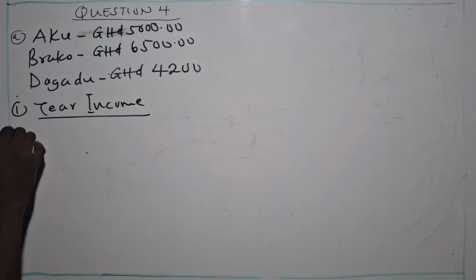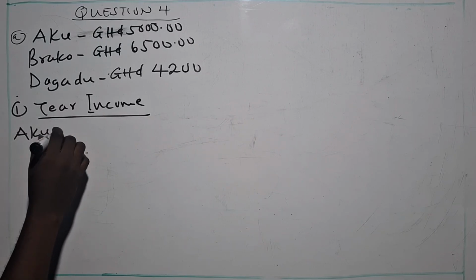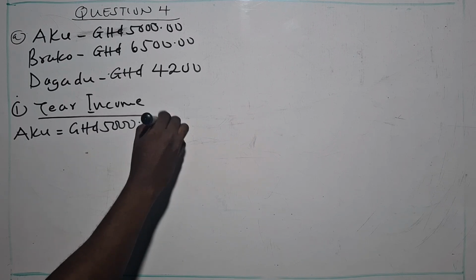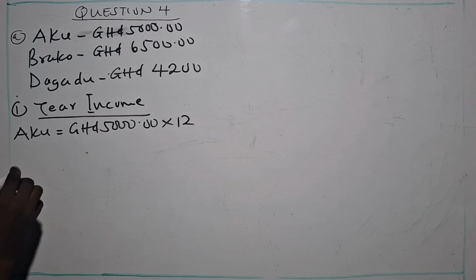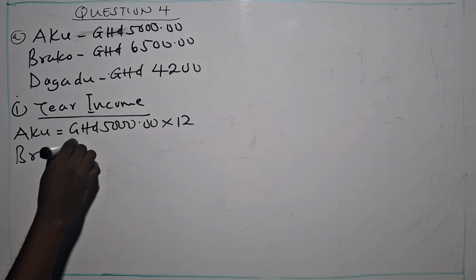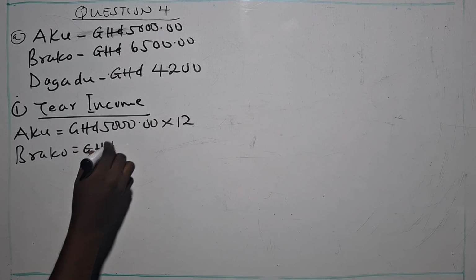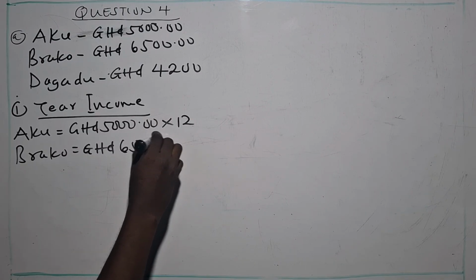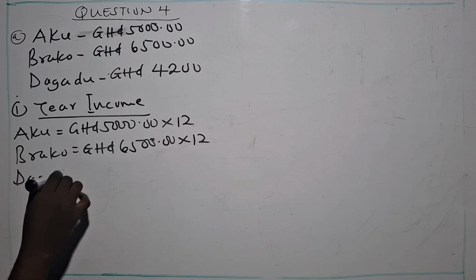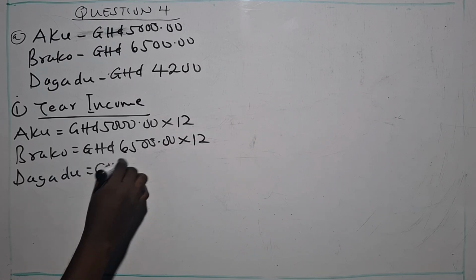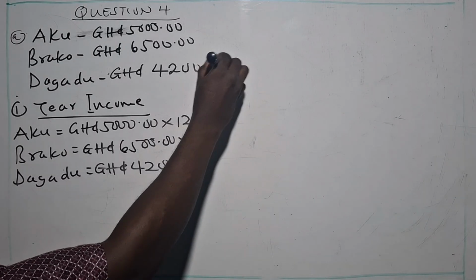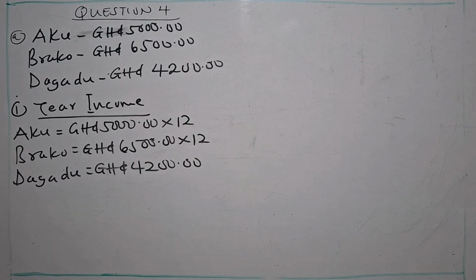When you take Aku, Aku's is going to be 5,000 times 12. Then we have Braco, who also receives 6,500.00 times 12. Then we have Dagadu, who is also receiving 4,200. Yes, I'm bringing the 0.00 because